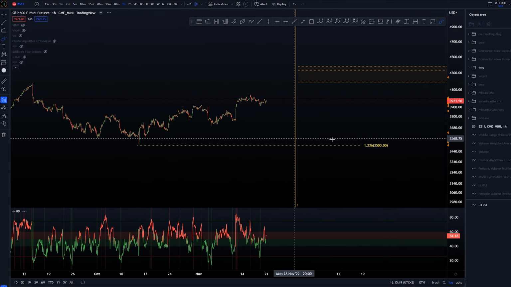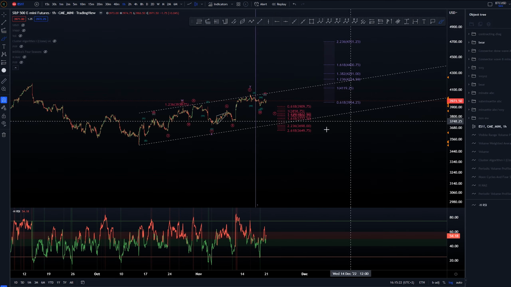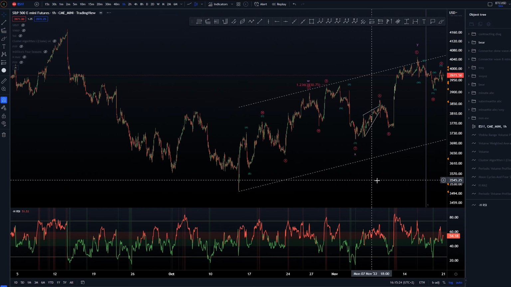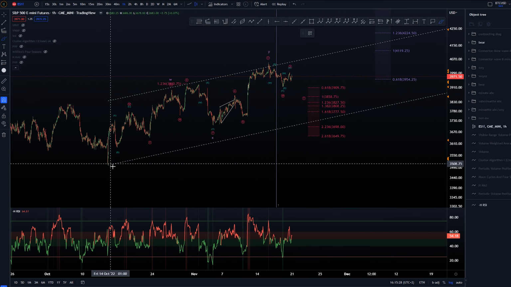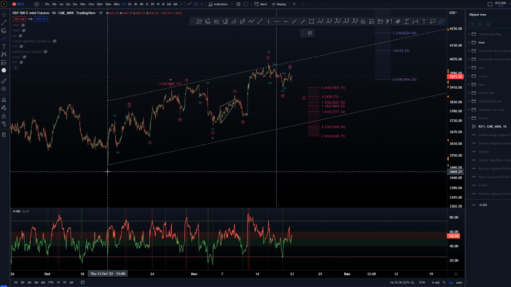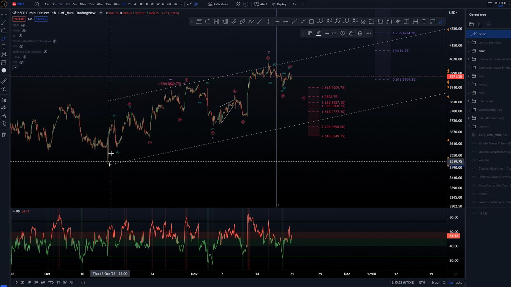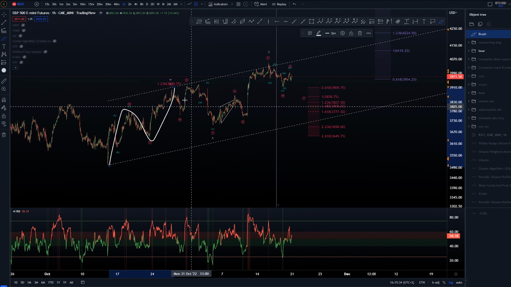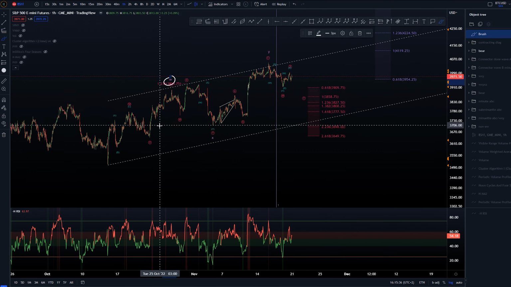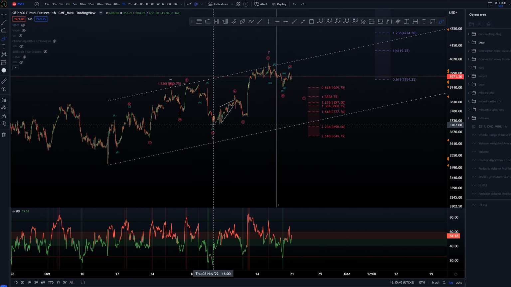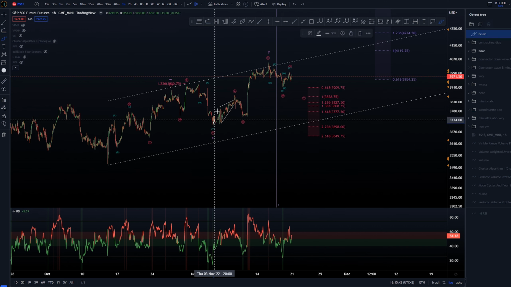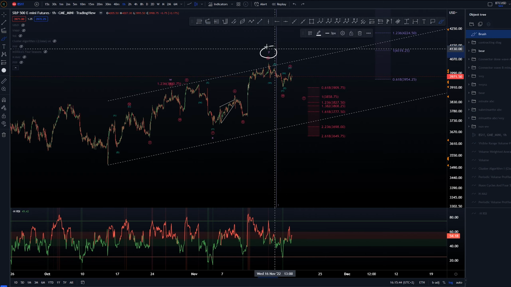Now let's check out the smaller time frame here to see what we have as the options. Now we've been tracking this for over a month now, and in this one again, the lows we had were around the 13th of October, where we had a three-wave structure in here, labeled for this one as a W wave, then three waves back into wave X at around the 3rd of November, and then another ABC